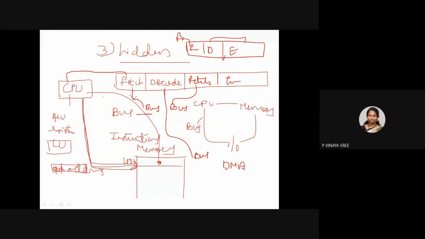In your home, let us consider there is a car. If your father is using it, you will not be requesting that you want to go meet your friends, that you want the car. You will not be asking. But if that car is available at your home, then you will be using it.